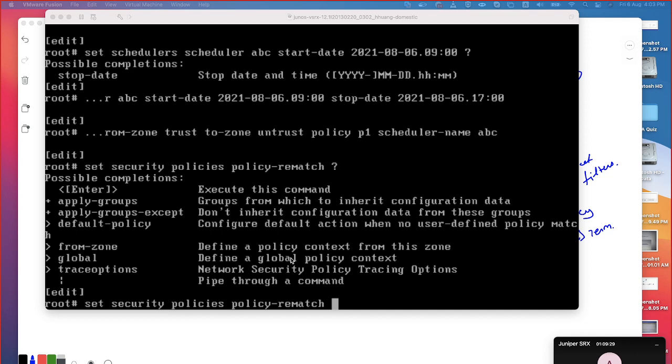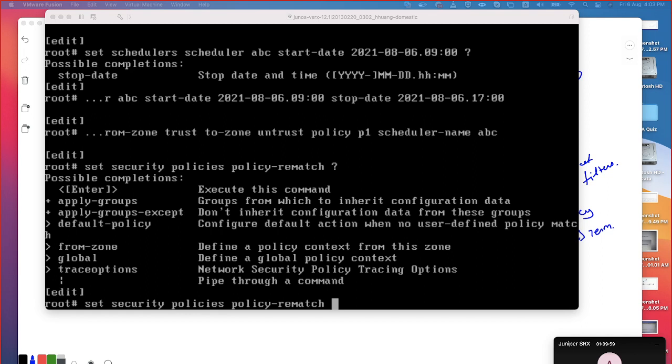If the policy rematch is enabled, what the Juniper SRX firewall will do is start re-evaluating the sessions. So don't forget, this is important with respect to your Juniper SRX policy rematch feature. If you want, you can enable it.